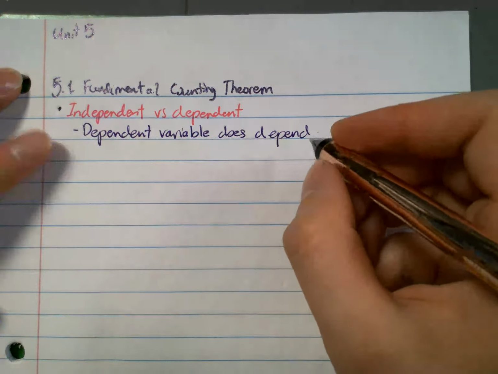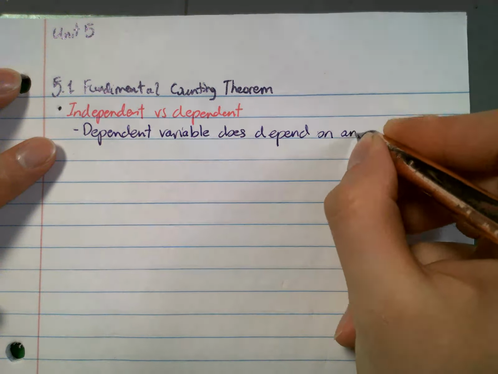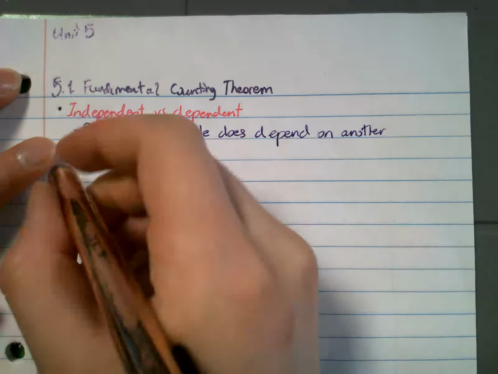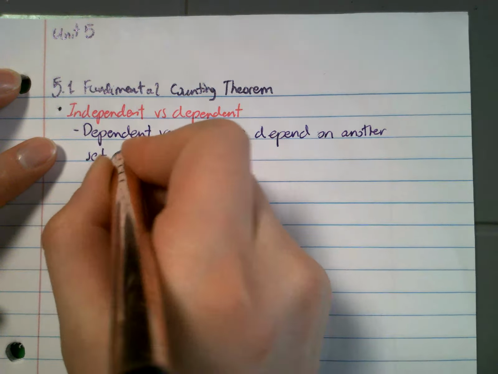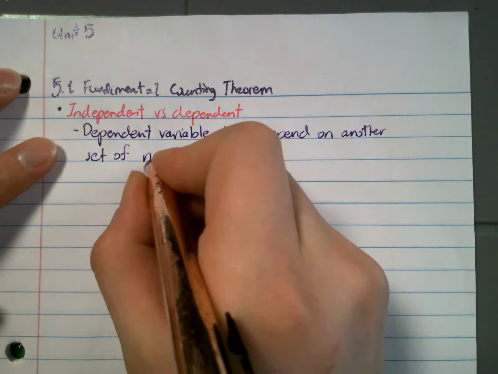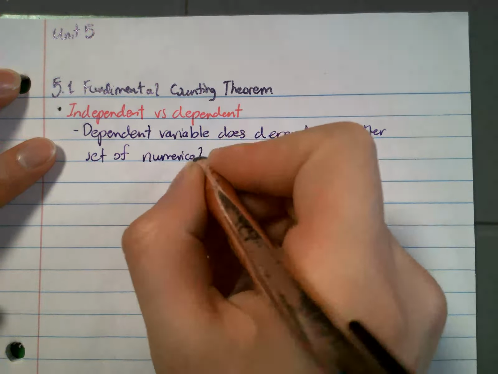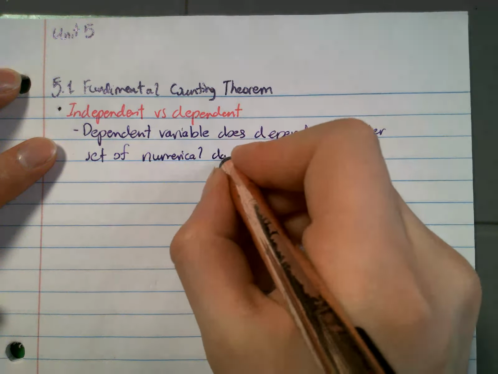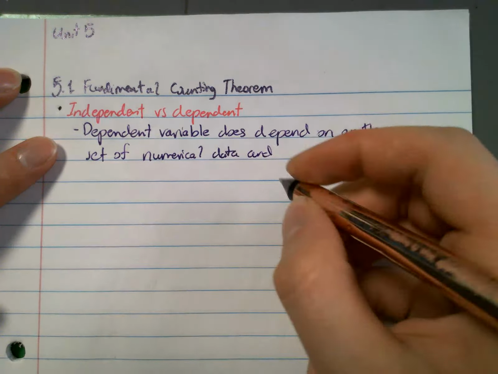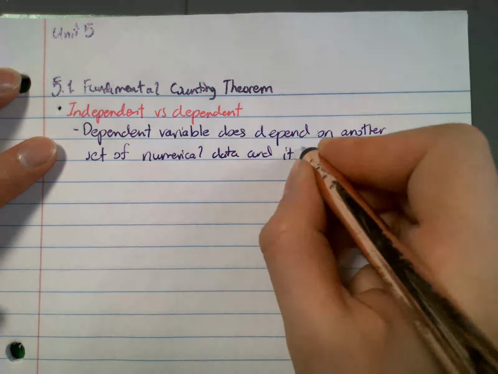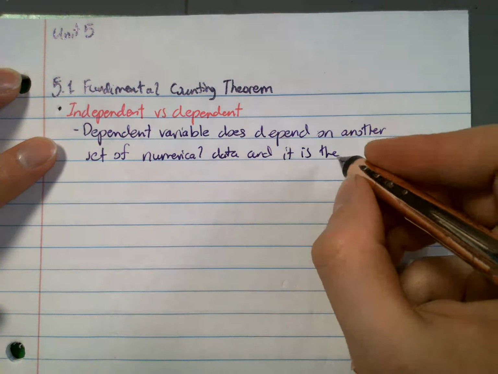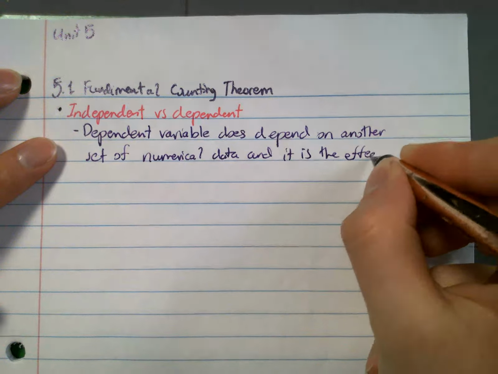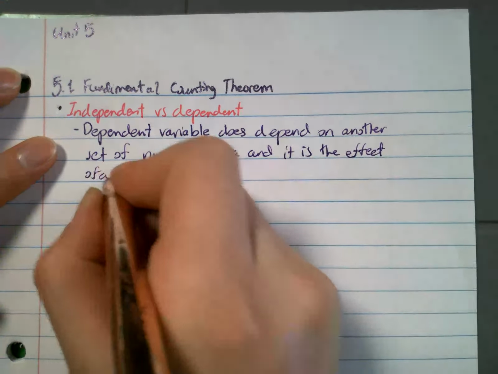So a dependent variable depends on another set of numerical data, and it is the effect of a given